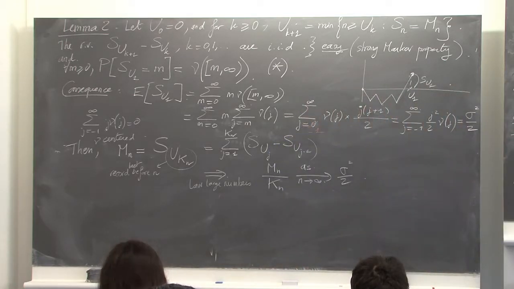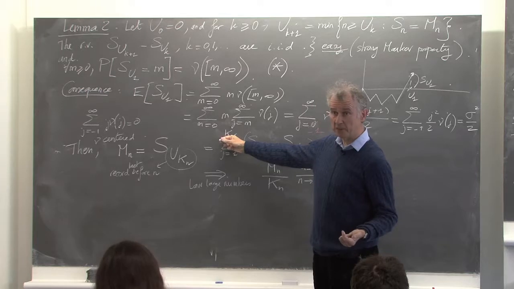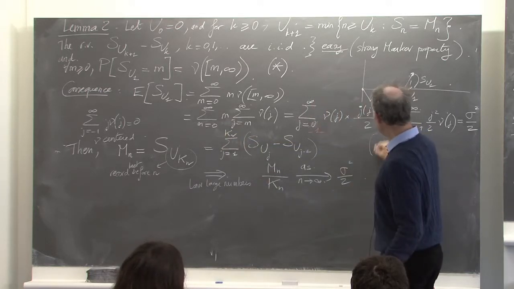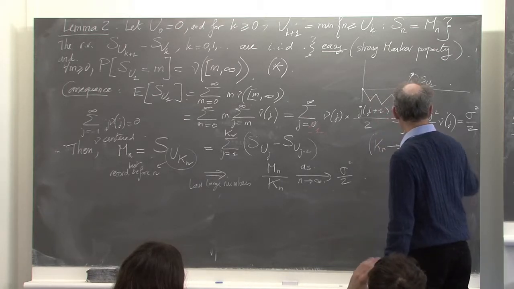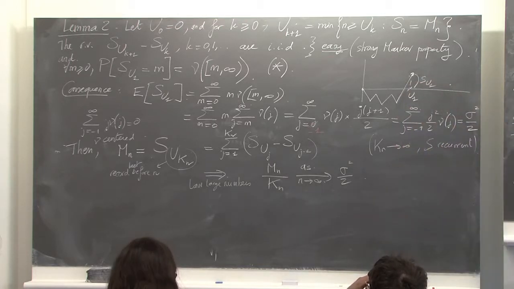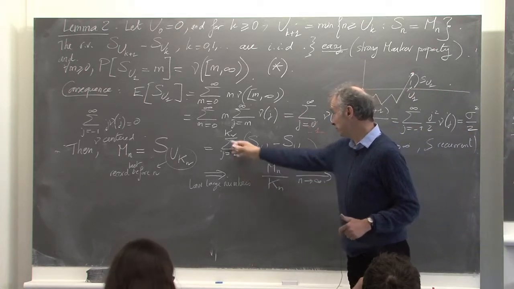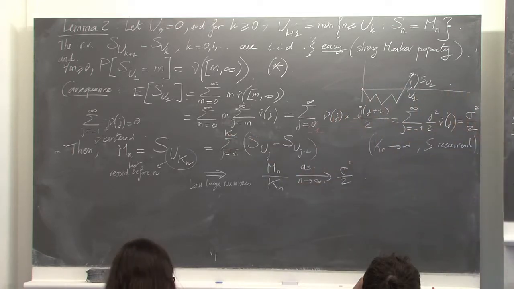Okay? So of course, usually when you apply the law of large numbers, you take a sum up to a deterministic time. Okay? Here it's a random time. This kn is random, but the important thing is that kn tends to infinity. This is just the fact that S is recurrent. You will have more and more record times if n is large. And then since it is an almost sure convergence, the law of large numbers, you can also apply it to something random that tends to infinity. It works perfectly well. Okay?